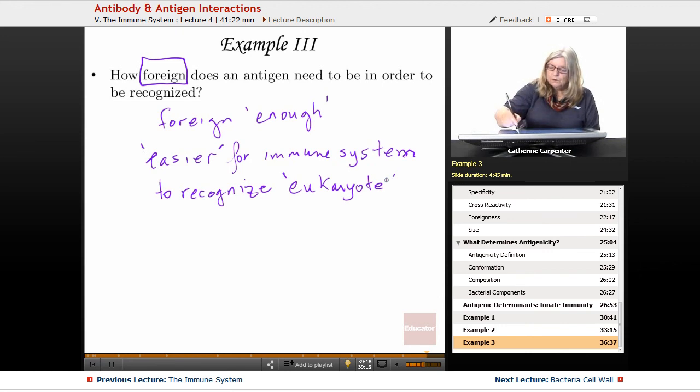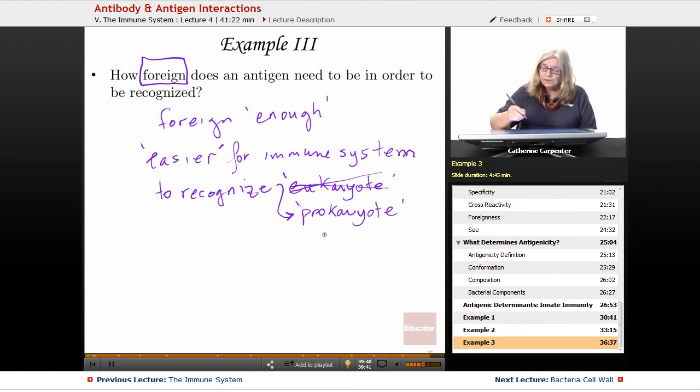What is a eukaryote? Well, a eukaryote is a cell with a nucleus, right? And isn't the human, oh gosh, here I am. I'm even missing my own question. Actually, it's easier for the immune system to recognize a prokaryote. Okay. And why? Because a prokaryote is a cell that does not have a nucleus. What is the number one prokaryotic pathogen? It's bacteria. Okay, so it's easier for the immune system to recognize a cell that is not a